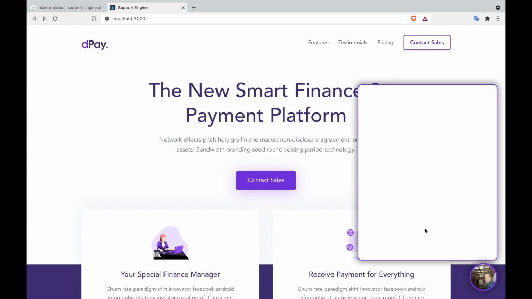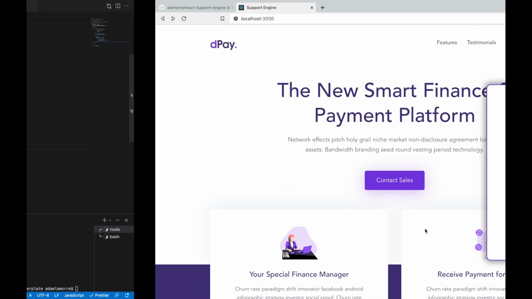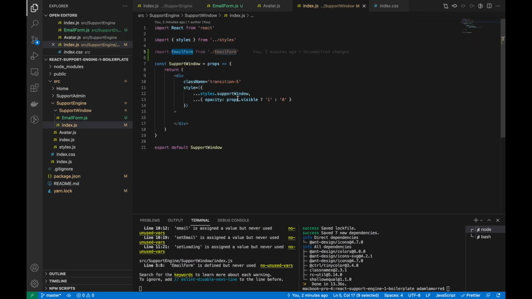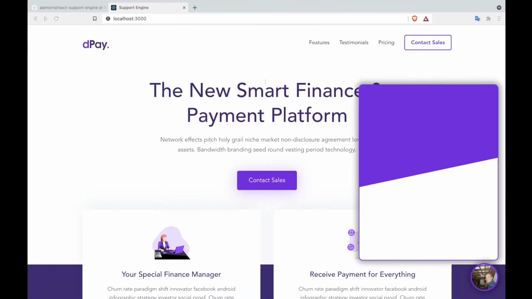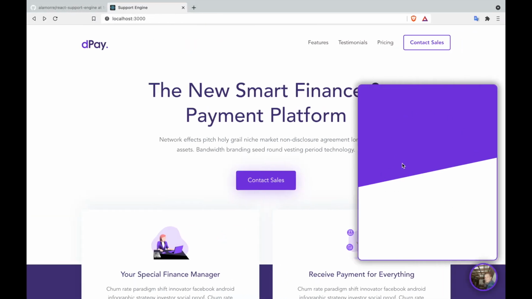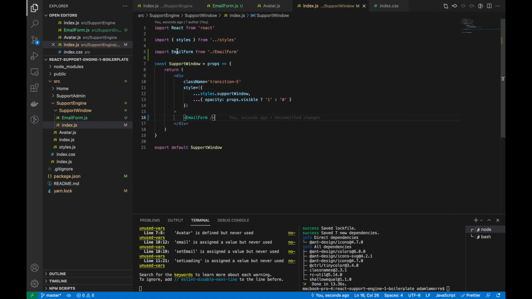Okay, it looks pretty fine, except we're not importing this component yet. So let's just go back to support window /index and import it and put it in the JSX. Now let's see how it looks. Awesome, we got that cool little diagonal line in the middle of the form. So just a quick recap, we are building this email form component. We're bringing it into the support window